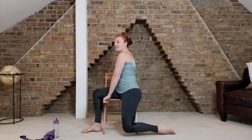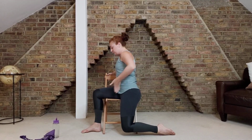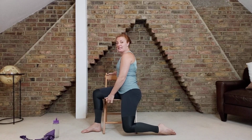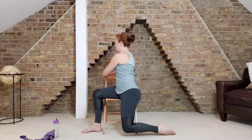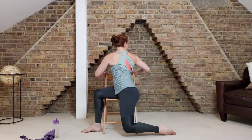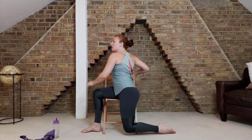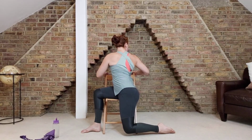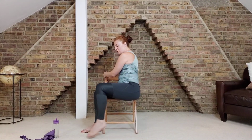Listening to what the body has to say. See if you can soften the ribs so you keep lovely length here. We're dropping down almost into Z-sits. And then we can take a little peek. So we're going to take a look over the back of the chair. Bring your hands around to hold on to the chair and taking a twist at the same time. Keep letting that knee drop down towards the floor nice and relaxed. Unravel, come back through the center, sweep the right leg through, shuffle back through to the middle,